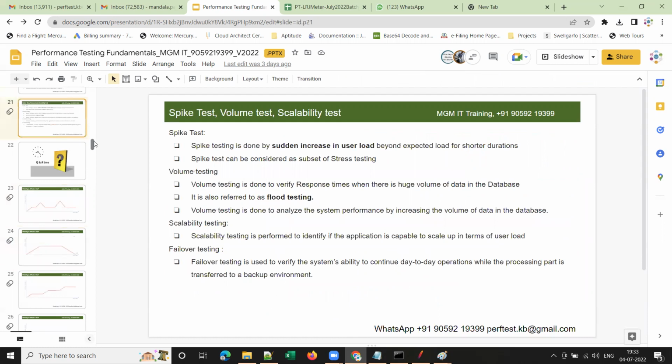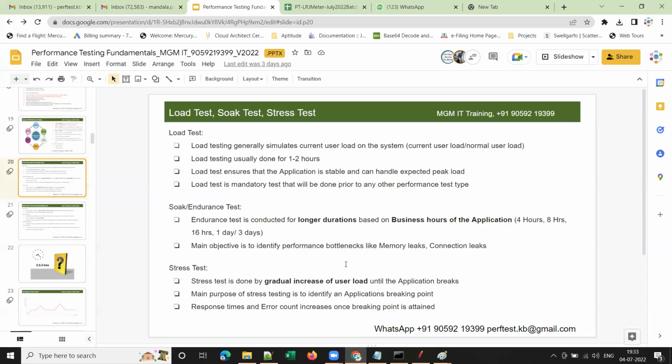Okay. So let me quickly explain in detail the different types of testing. Very, very important questions for interviews, guys. What are the different types of performance testing? And what are the different types that you executed in your project? These are a few of the important interview questions. So we'll go one by one. As we discussed already, the first type of testing is